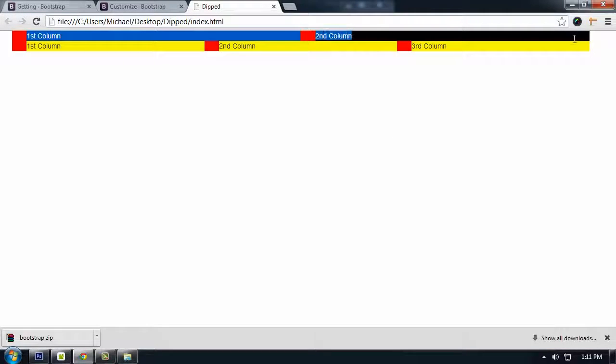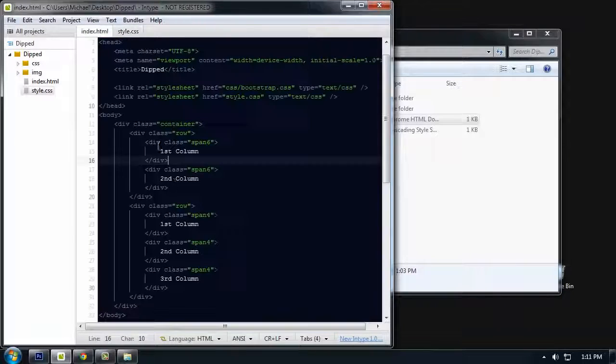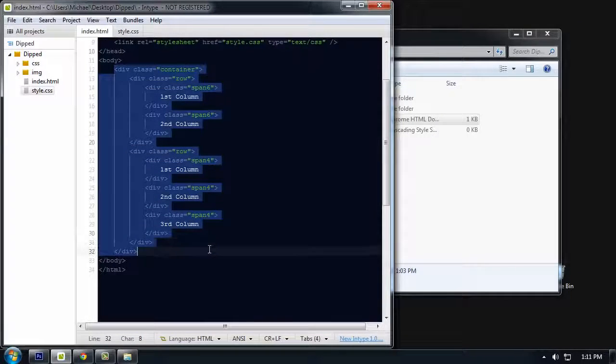So as you can see right here, we have 1 2 3 columns, 1 2 columns. So yeah, that's it. We can delete it now, and let's try to